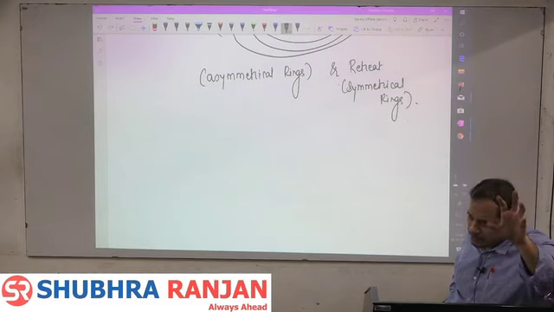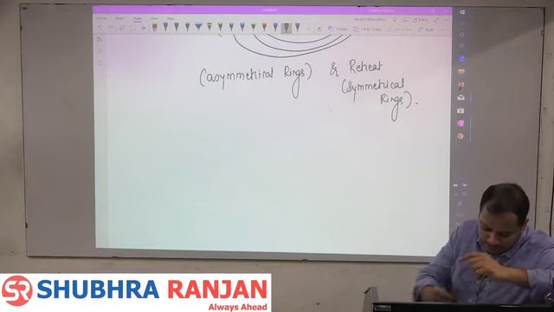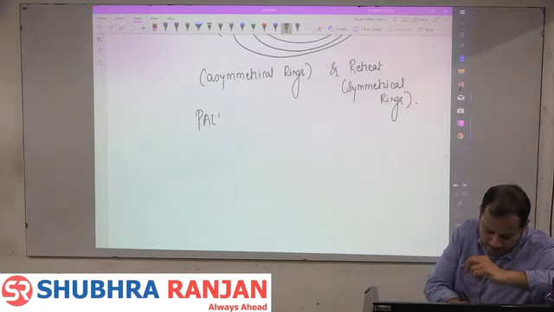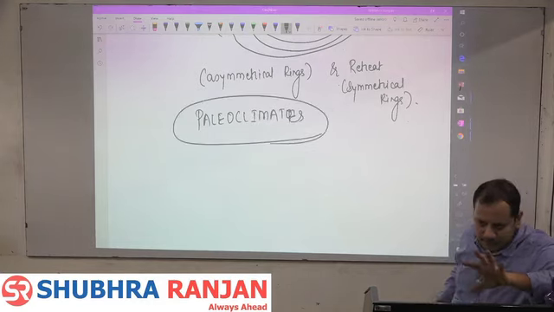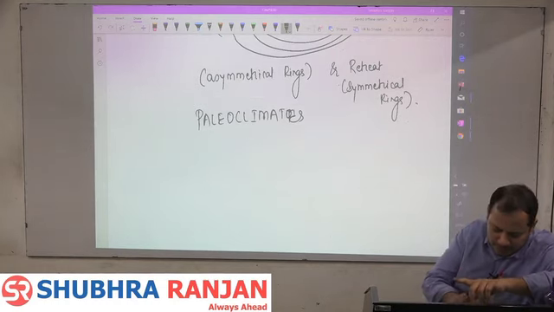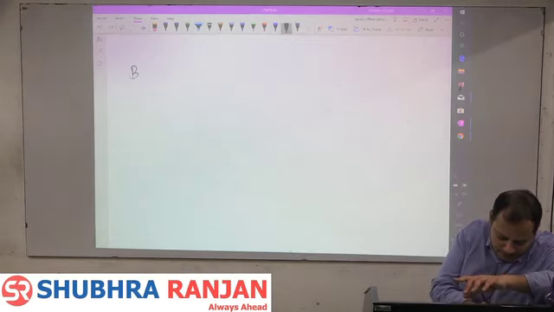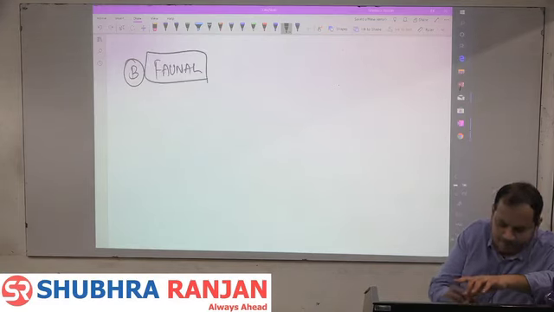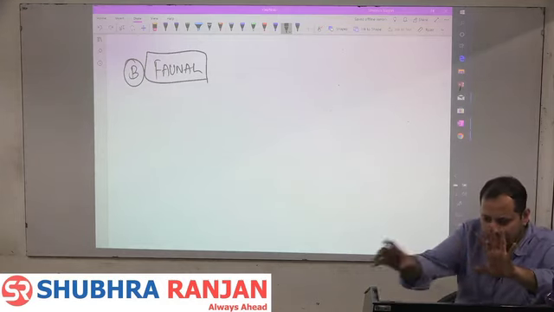The topic which we are doing will come as indicators of past climate, or paleoclimates, that is, what the old climates were like. The topic which we are doing is paleoclimatology. Faunal indicators. So what are the floral indicators? Fossils, pollen analysis, and dendrochronology. Faunal indicators.